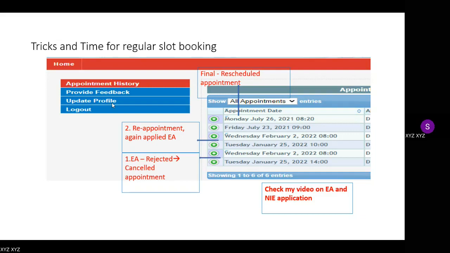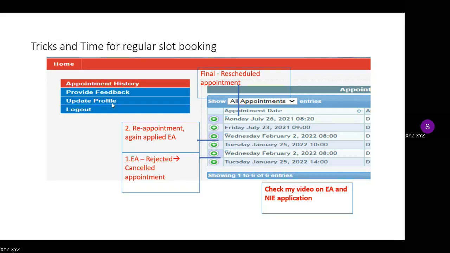Okay, so if you are trying to access the same website with the same ID, then your account will be locked out. Now, what I did for my appointment: initially, I took my first appointment at around the end of June. I selected January 25 and February 2nd for my biometric and consular appointments.